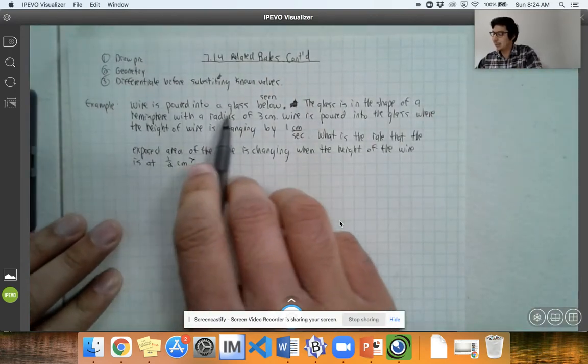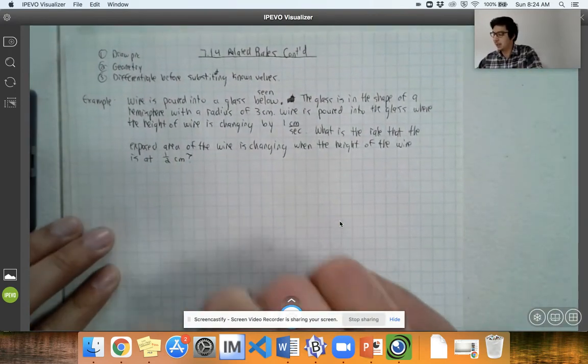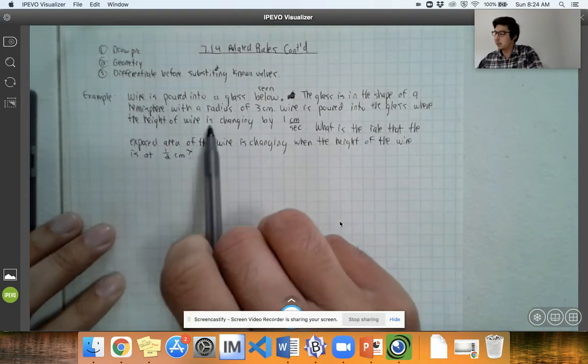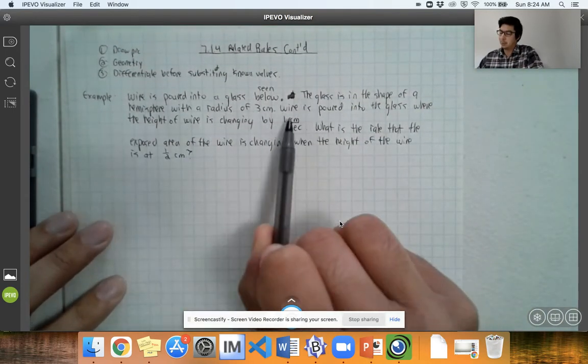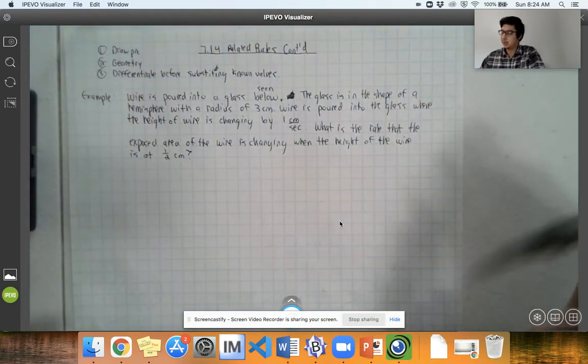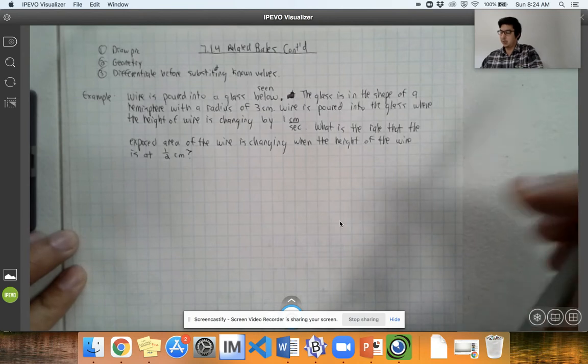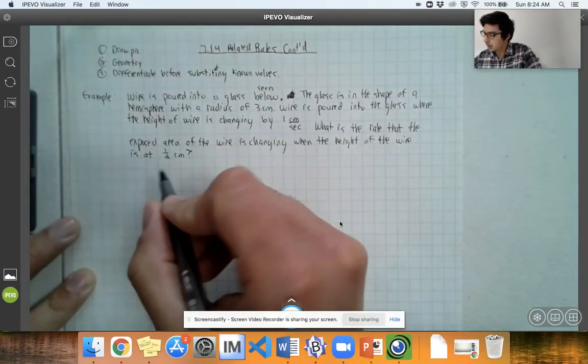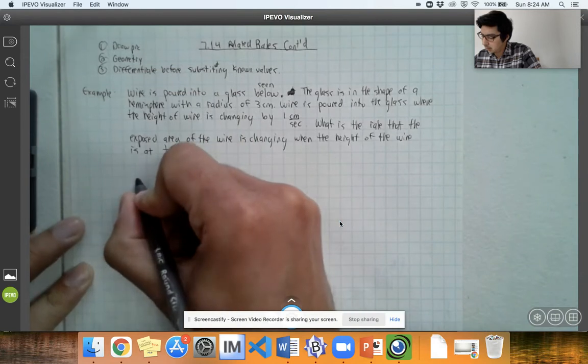Wine is poured into a glass seen below. And you do not see that below, but I'll draw it in a second. The glass is in the shape of a hemisphere with a radius of 3 centimeters. Wine is poured into the glass where the height of the wine is changing by a centimeter per second. What is the rate that the exposed area of the wine is changing when the height of the wine is at a half centimeter? So what you should have seen here is we have a